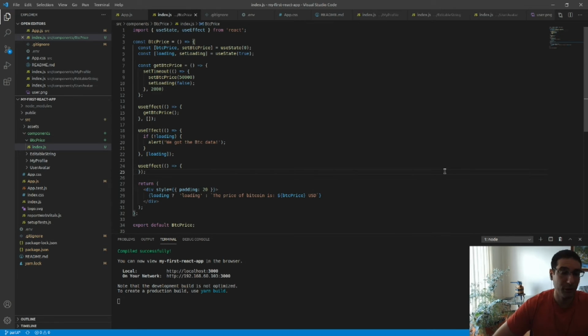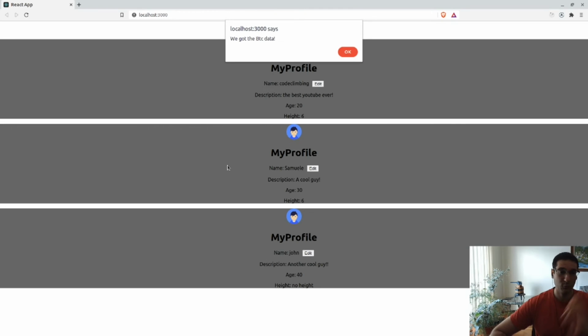And now the last case in which we can use the useEffect hook is when there's not even an array passed. When there is no array passed to the useEffect hook, it's going to be executed every single render of the component. And you might be wondering, why would you want to use that? Well, one use case is with